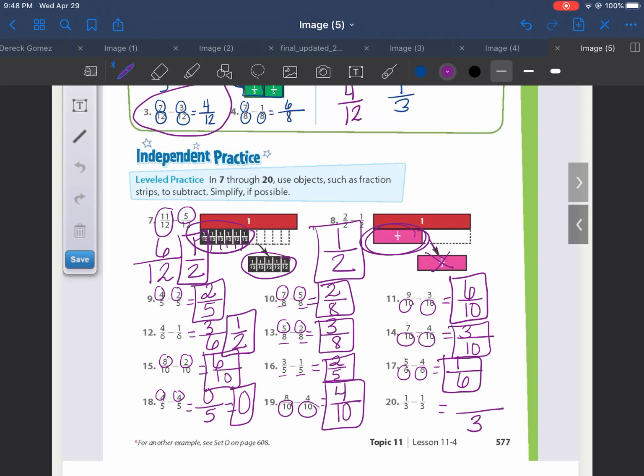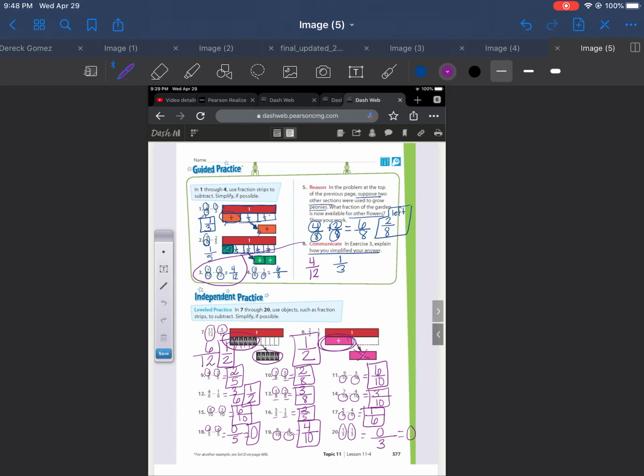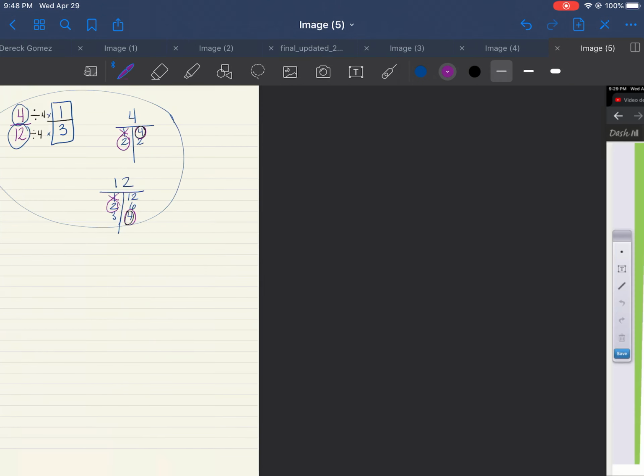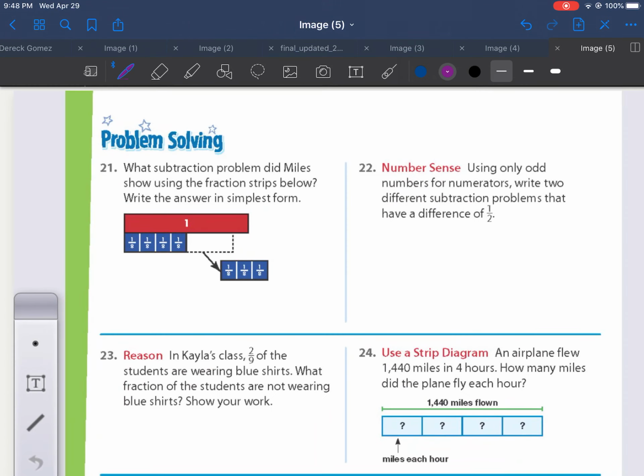Denominator stays the same. 8 minus 4 is 4. And the last one, denominator stays the same. 1 minus 1 is 0. Remember, if we have 1/3 and we take away 1/3, we're going to be left with nothing. So now let's go ahead and continue to the back